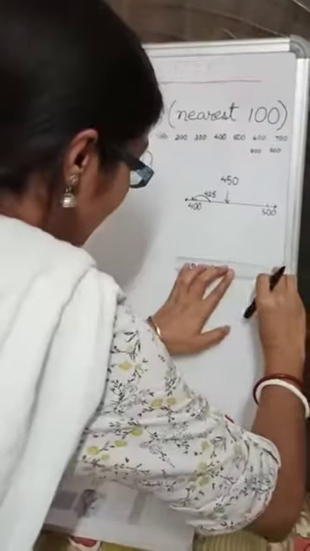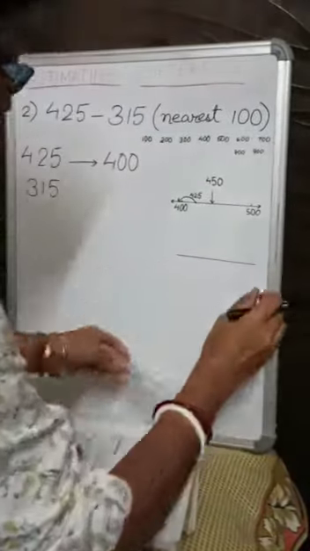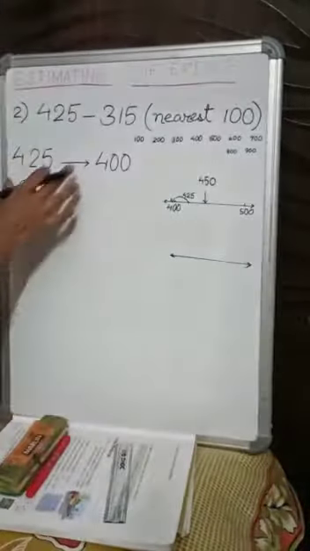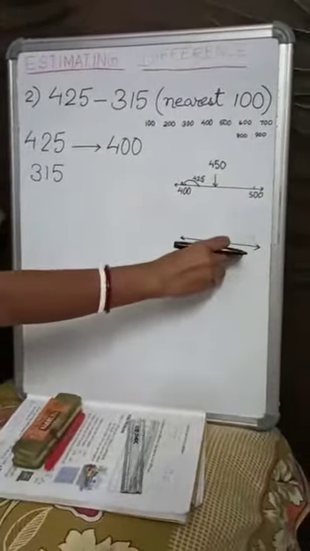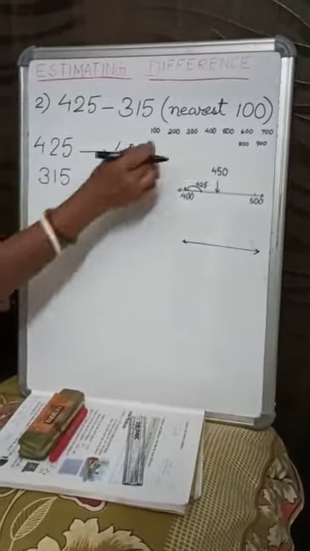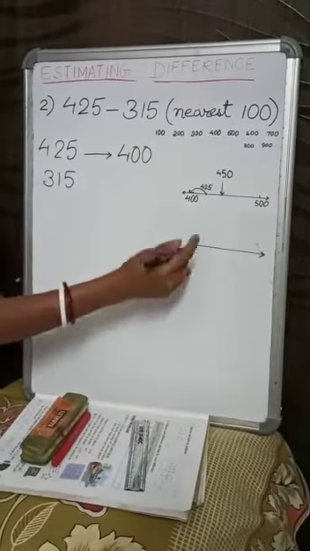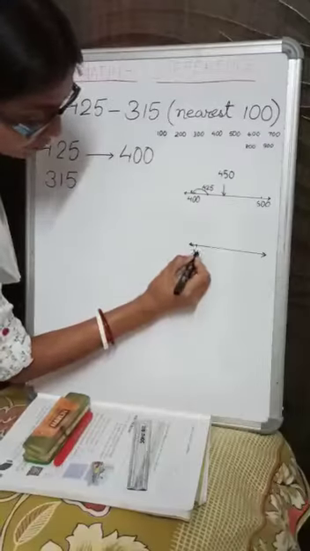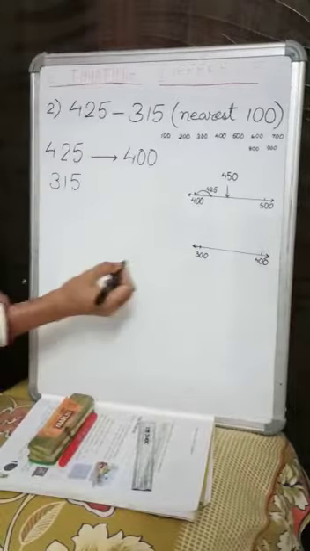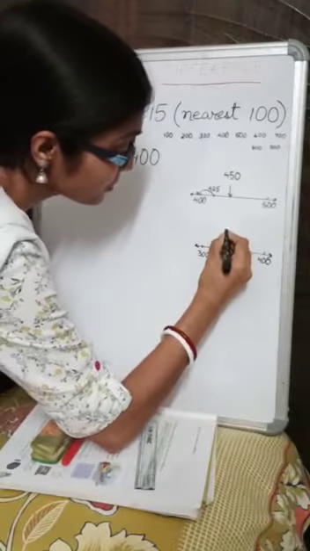This number line you can even think of mentally and then solve. You can even do this mental calculation and proceed with the subtraction. So let us take the help of the number line. It will be easier for us. So 315, now you see it is greater than 300 but less than 400. So we will mark it on the number line. Now next step is to find the middle number. So our middle number is